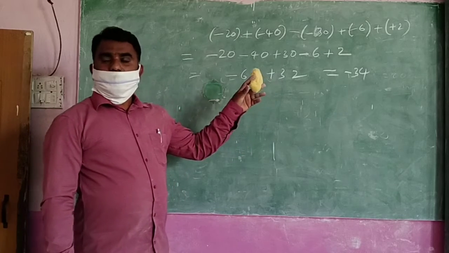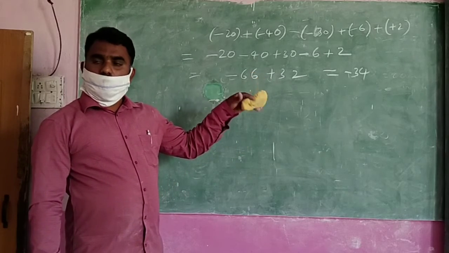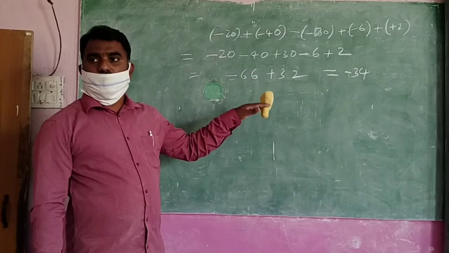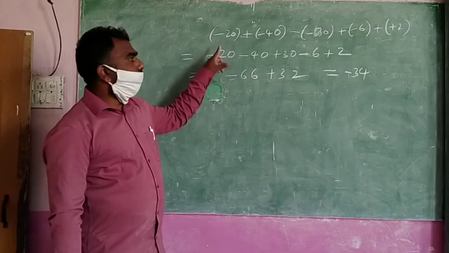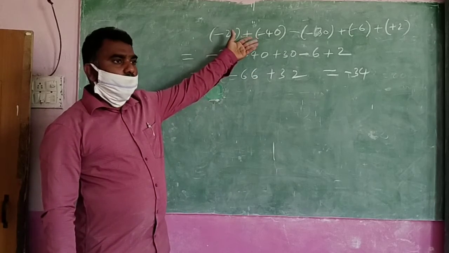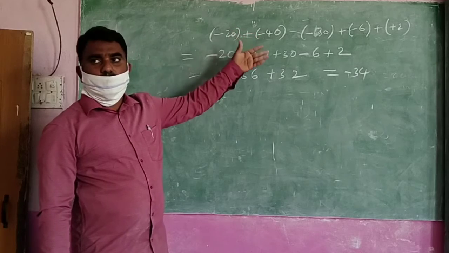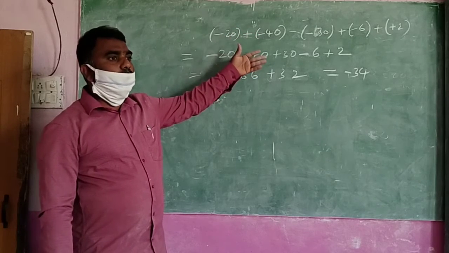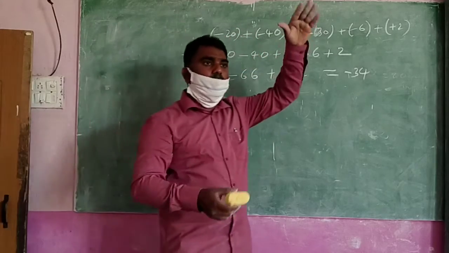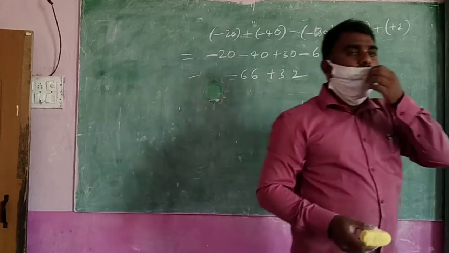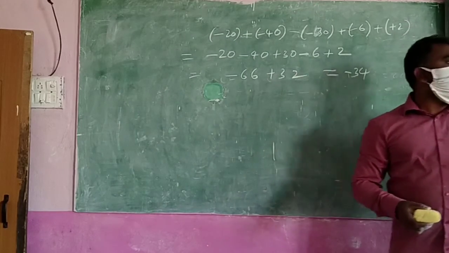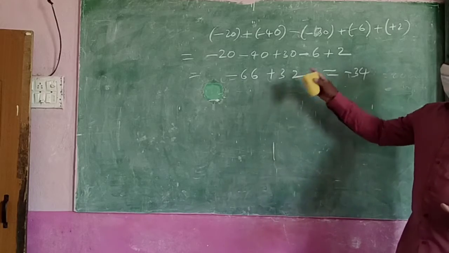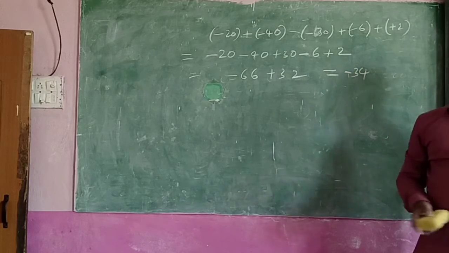Is there any difficulty in this? No. The pattern is the same pattern. There is no difficulty. First, remove the brackets and write one symbol. Second step, what are you doing? All up steps one time, all down steps one time. After writing up and down, same method. You know that process also.